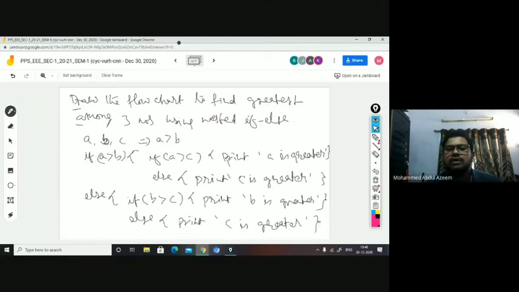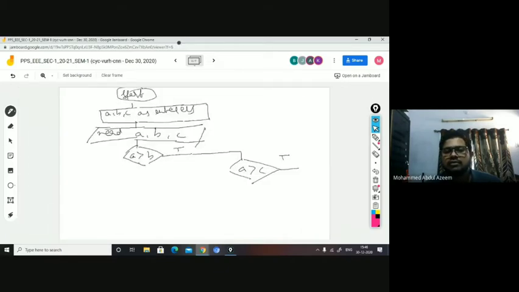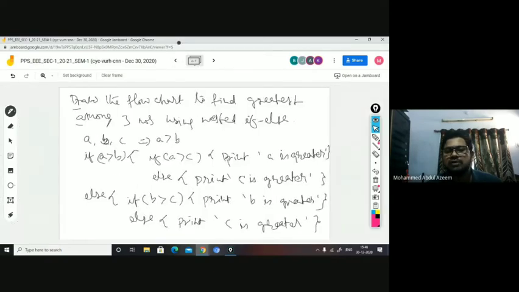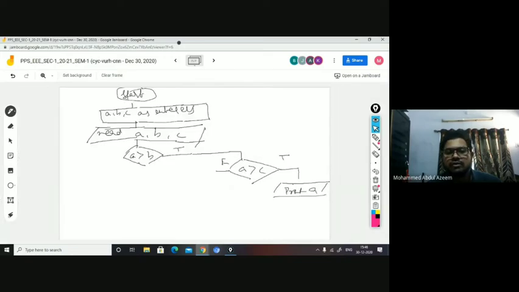Then what do you print? Print A is greater. So here you are going to print A. Yes. Now let us say this is false. When it is false, you come to the else part. What do you print there? C is greater, right? So you say print C.